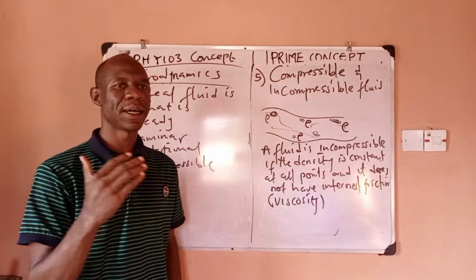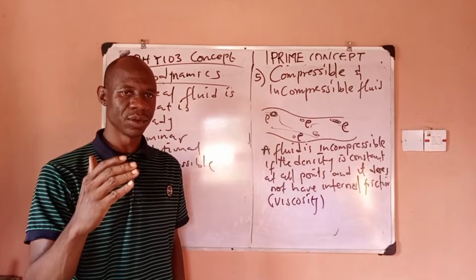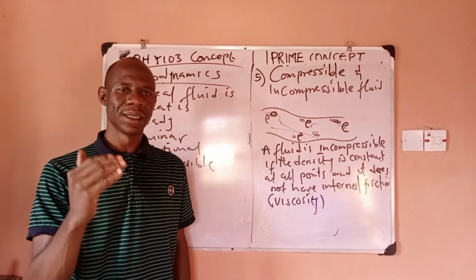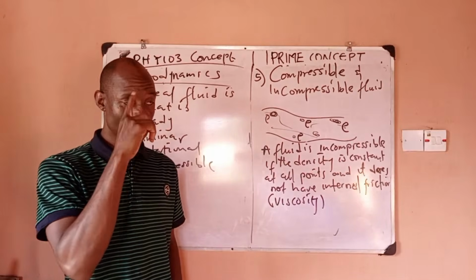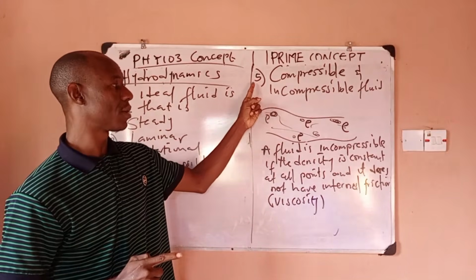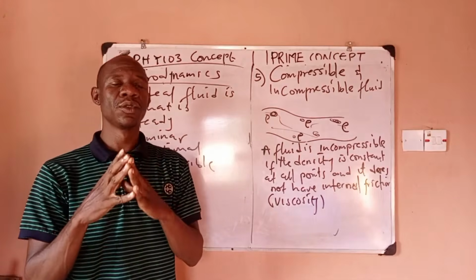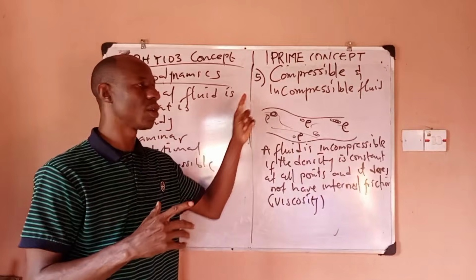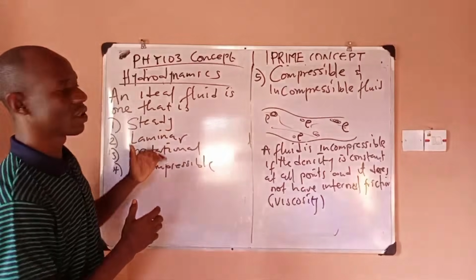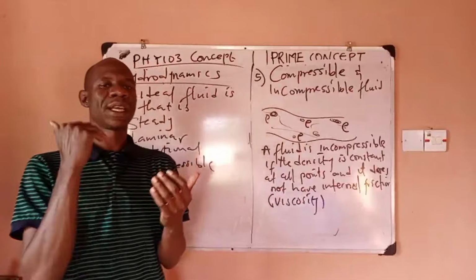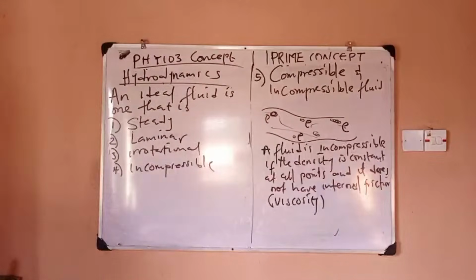I don't know where you stopped following me, so I don't have to re-explain everything. Because we're talking about characteristics of fluid, I mentioned number one, which is streamline, up to five. The last I talked about was compressible and incompressible. If you stopped following somewhere, please tell me so I will know where to continue. Tell me the number where you stopped following me quickly, please. Oh, unsteady is still at the beginning. That is number two.